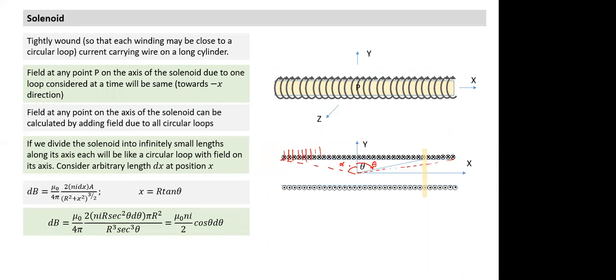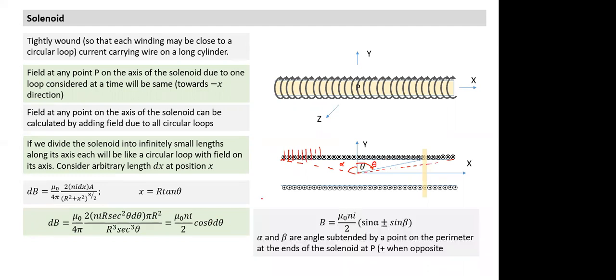And we had done something earlier. If both are on opposite sides, they will add up. If they are on the same side, they will subtract. So it becomes the same expression we have seen before. Only this time it is mu naught N I by 2. So I thought we can use a similar sign convention. Have we had this convention somewhere else? Exactly the same thing as for a straight line charge.